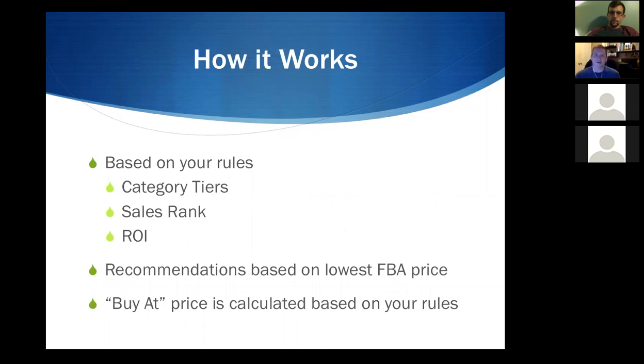So okay, you're probably asking then, how does that work? How is it figuring out how much you should buy that item for? Well, like I said, it's based on some rules that you'll set, and I'll show you how those rules are set up here in a minute. For a particular category, let's say kitchen, you can have a set of sales rank tiers, like from 1 to 10,000, or whatever you want to pick, and you can also do it based on percentage ranks as well. You say that you want to get a particular ROI for that sales rank range, and then it takes that information and finds the tier that the item matches into,